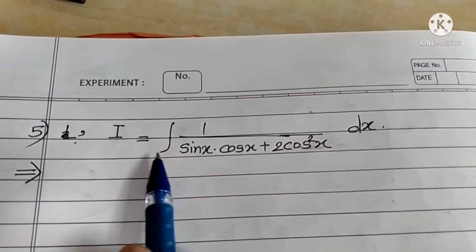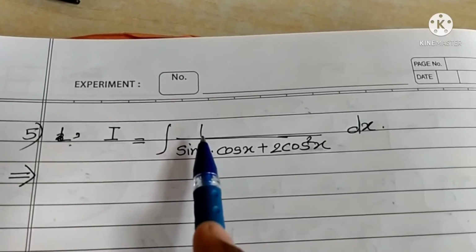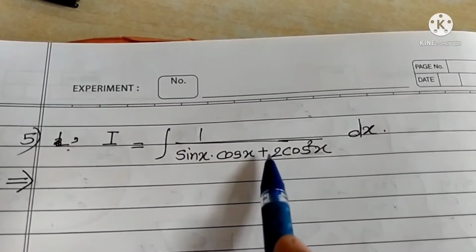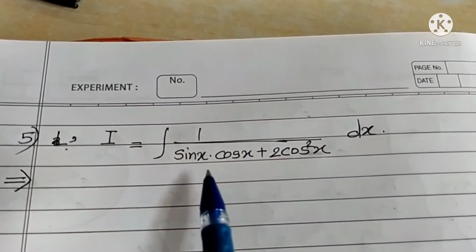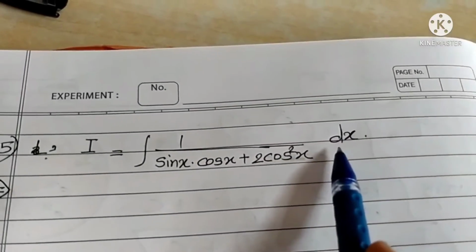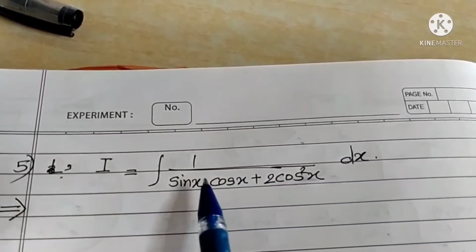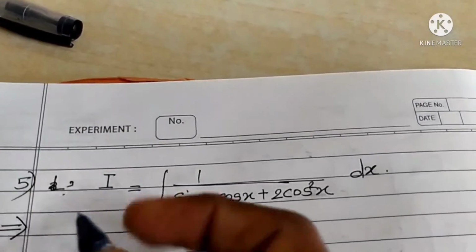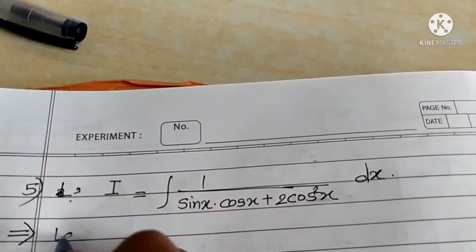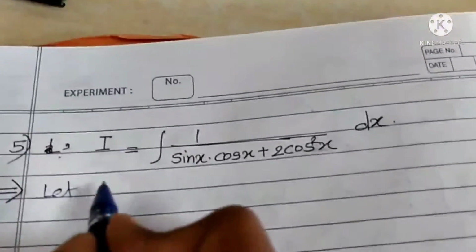Now we move toward the next example. I is equal to integration of 1 upon sin x into cos x plus 2 cos square x dx. So this is an example from trigonometric functions. So first we write it as it is. Let I is equal to